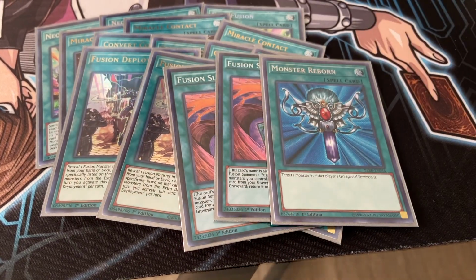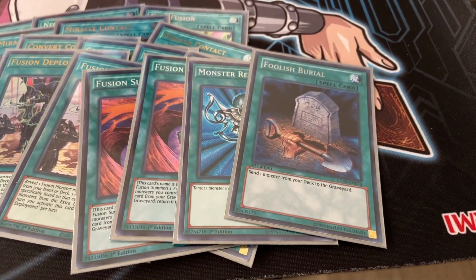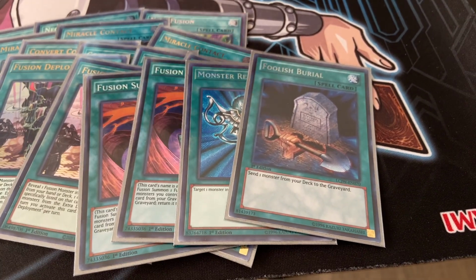1 Monster Reborn, because we can have nice things. 1 Foolish Burial for a free search of either a Neo-Spacian or an Elemental Hero monster. Usually it's going to be obviously Honest Neos. And 1 Rhoda because...